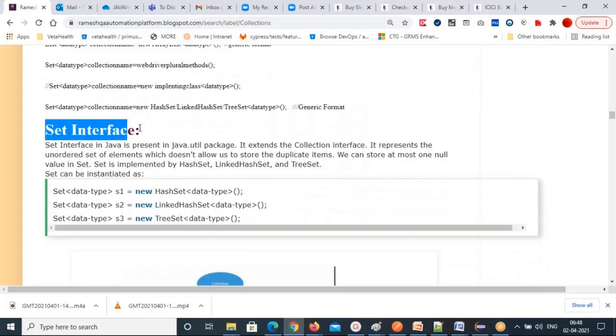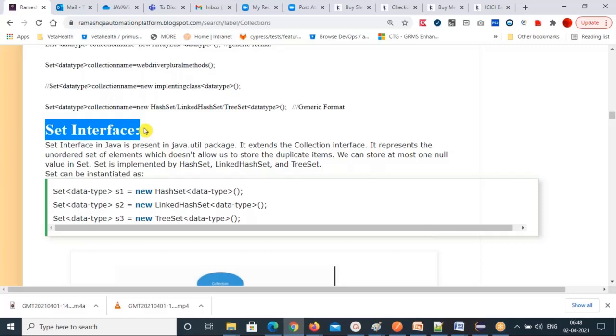Next, the Set interface. A Set is a sub interface of the Collection interface. Set extends the Collection interface. This Set is also available in the java.util package. All collection things are available in the java.util package.